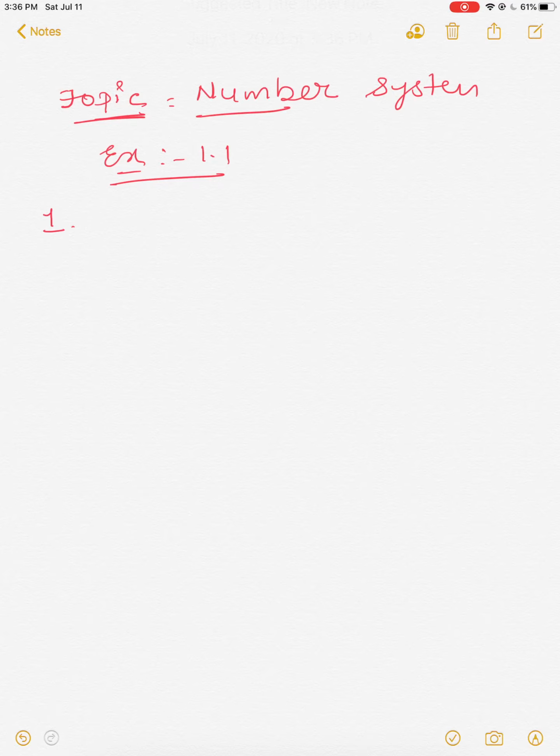If it is, we have to write it in the form of P upon Q. Okay, we have to write yes, it is a rational number. Now, the second thing asked in part B: if it is, write in P upon Q form. Here P is equal to 0 and Q is equal to 1. Okay, already I explained you. The condition is that Q is not equal to 0 here.